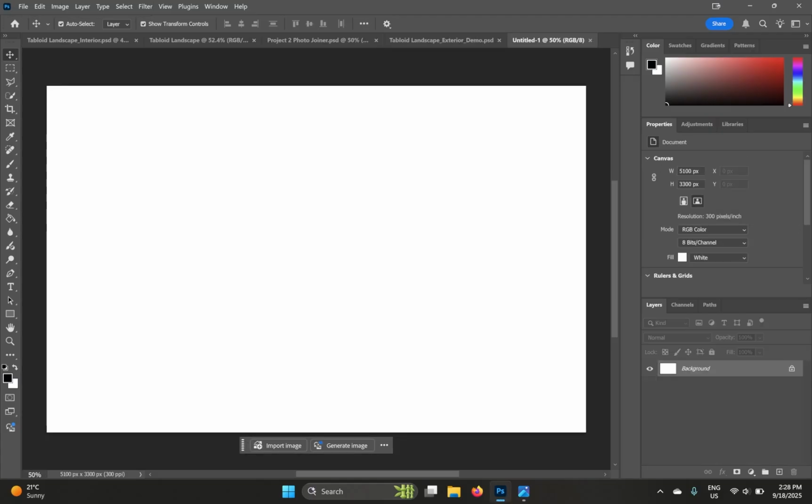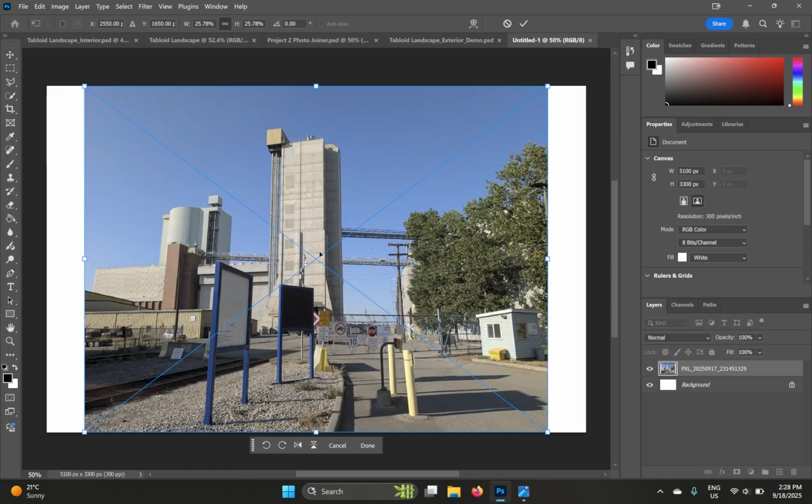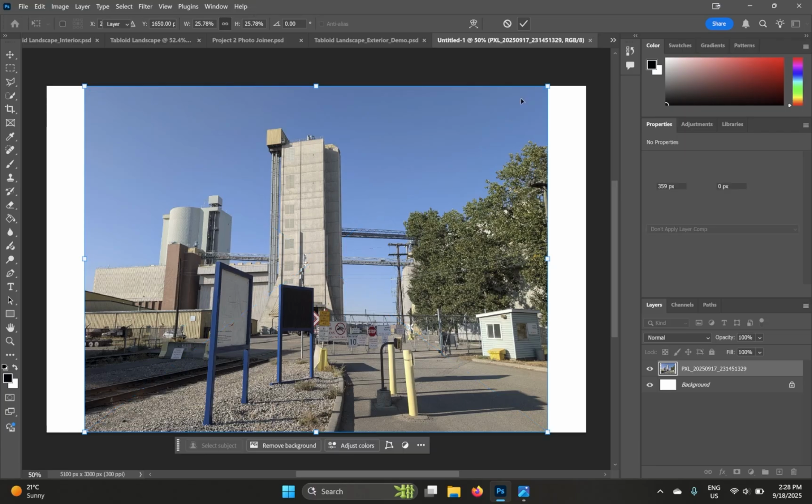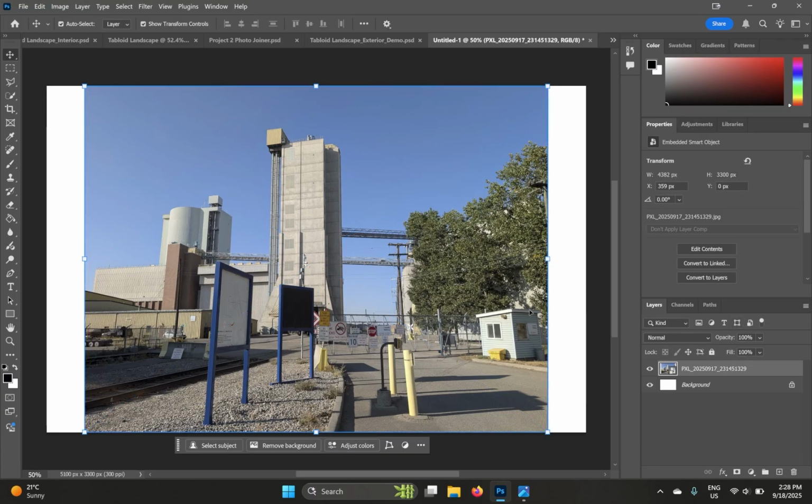So once we've created our document here, what I'm recommending is to throw in an overall shot of our site or building or landscape. With this, we're going to use it as a bit of a guide to figure out where all our photos are going to go, to create the David Hockney style. So I'm going to go in here,